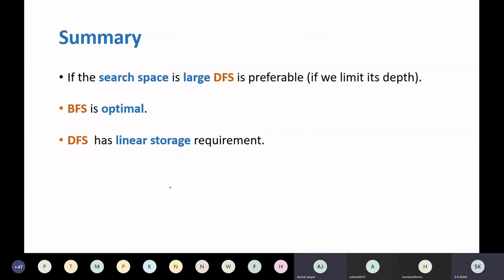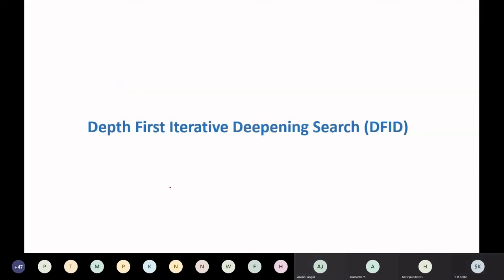Depth first search is attractive in what case? That it takes less memory, right? If the memory requirement is less. Breadth first search is attractive because it gives you the optimal solution. So we can combine the advantages of both of these.